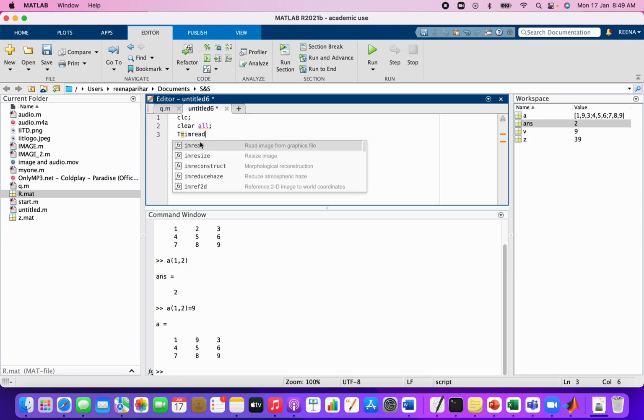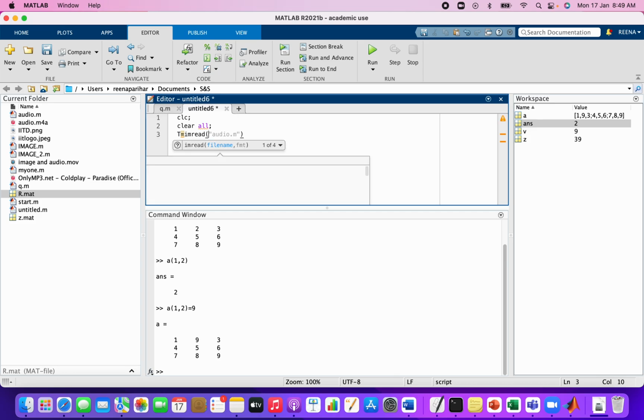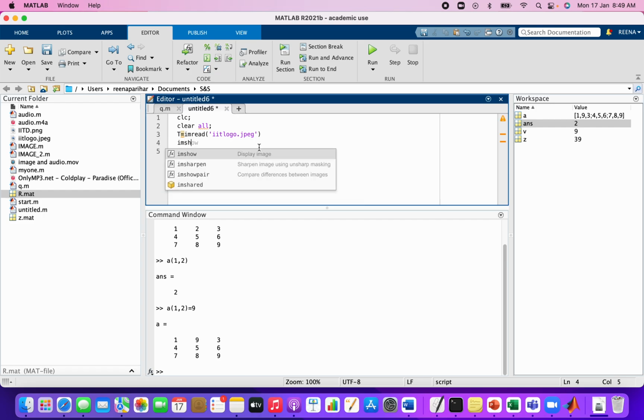So you'll see the imread command, which is there in MATLAB itself. What this will do is the system will extract the data present in the IITD logo and store it in the array T. Now you want to display it, so you should use the command imshow.